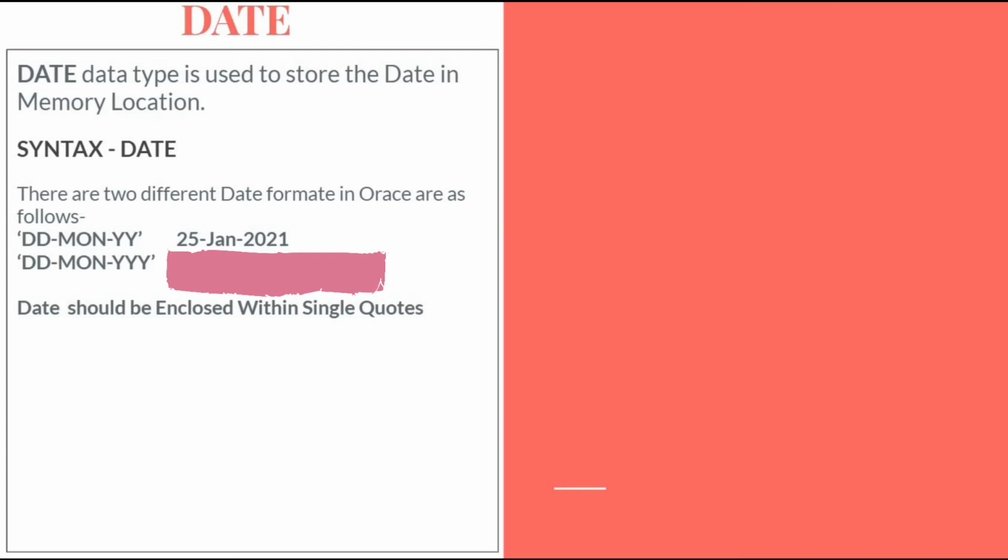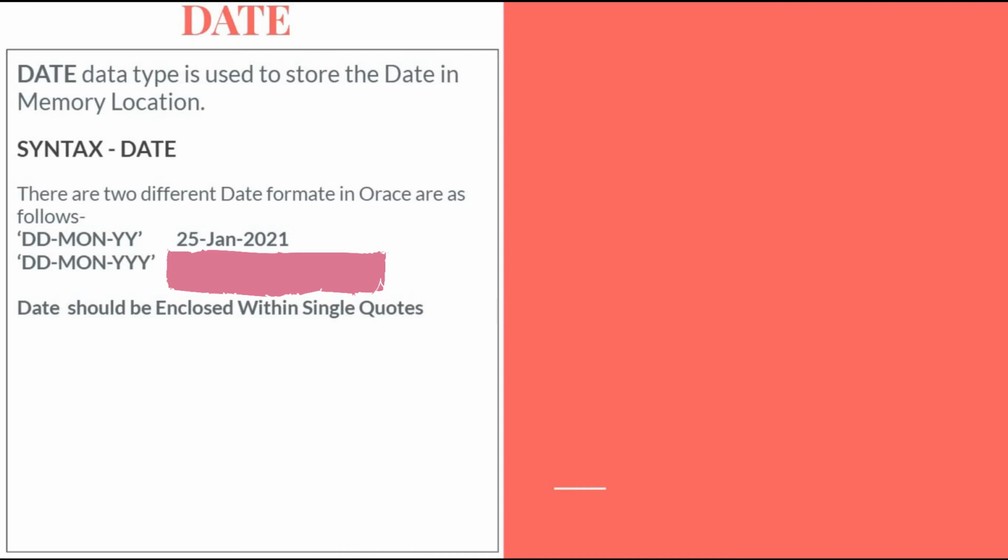We can specify the date format in two different ways, like DD-month-YY, simply like 24 Jan 21, or the second is DD-month-YYYY. For example, 15 August. Do you know 15 August is a historical day? So you have to fill in the proper year also, that means 15 August 1947.